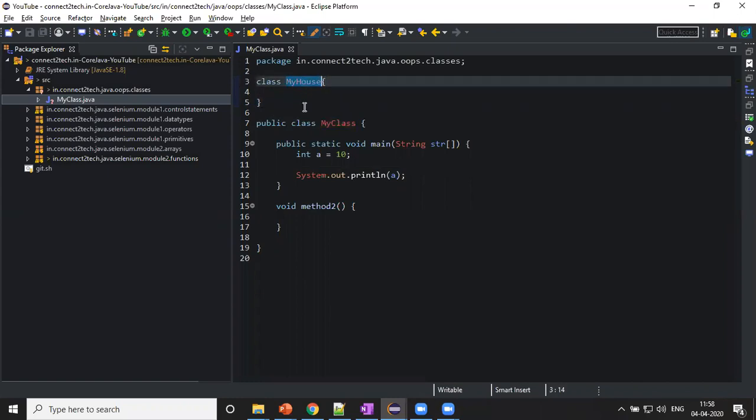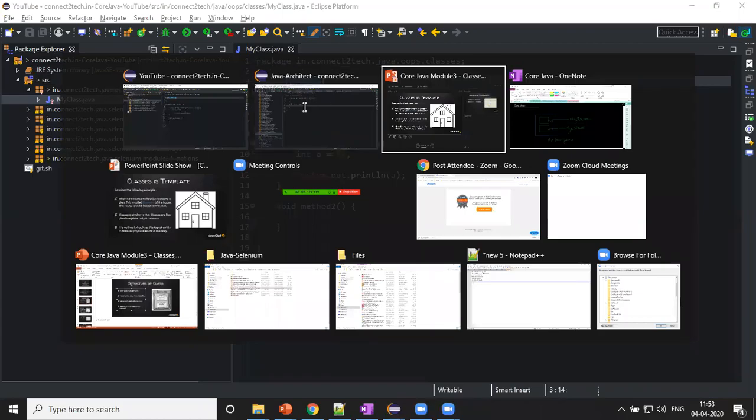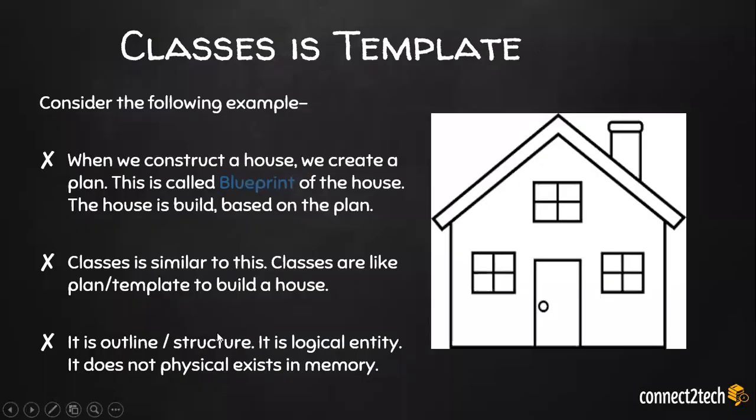Now this is an outline or a template or a blueprint. What does it mean? It means that it is an outline or a structure. It is a logical entity and it does not physically exist in the memory. So I will explain this memory part later on, but for now, let us understand this as an outline or